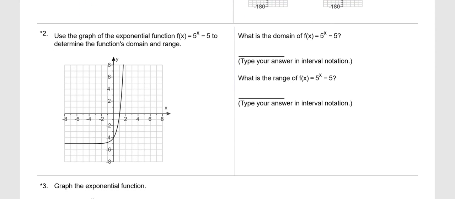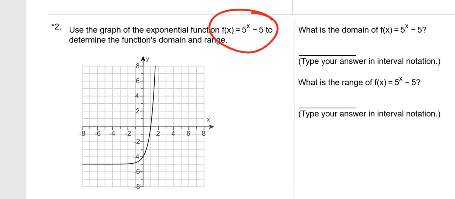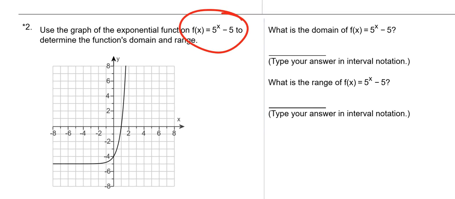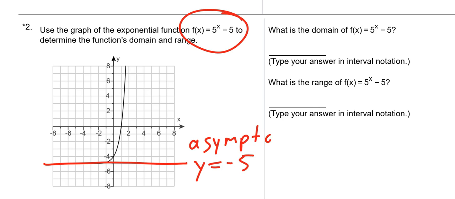All right. Do we have exponential growth or decay in this question? That is definitely growth. It has been shifted which way? Up, down, left, or right? It has been moved down 5 units, right? What do we call that line that it gets closer and closer to but never touches? The asymptote, right? Okay, now,